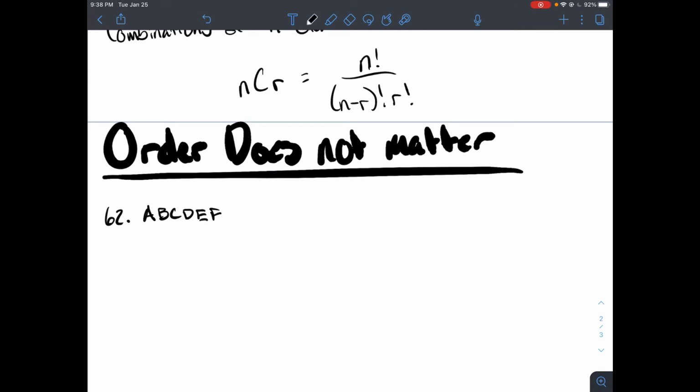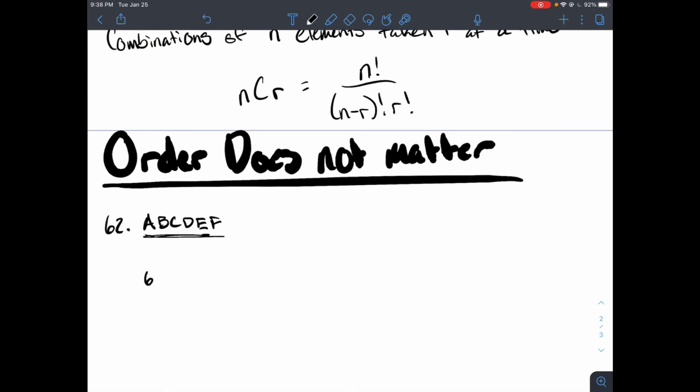So, 62. Write all possible selections of 3 letters that can be formed from these letters, A, B, C, D, E, F. So we basically just fill out, we have 6 letters, and we are choosing 3. So that will be equal to 6 factorial over 6 minus 3 factorial times 3 factorial. This then is equal to 6 times, I skipped 5, 5 times 4 times 3 factorial